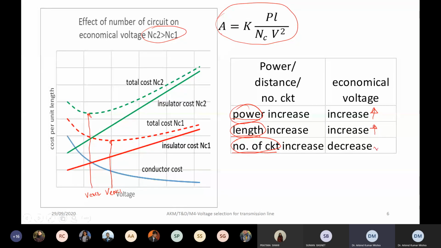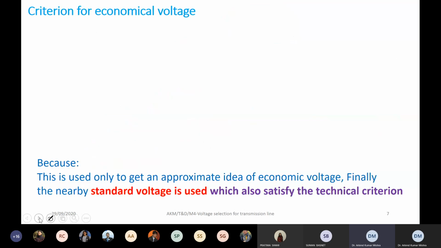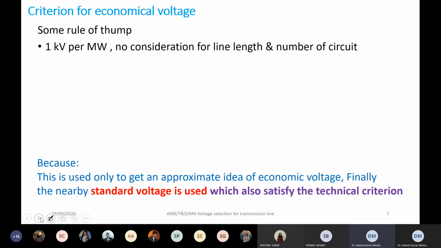I hope that we have discussed this so many times that now you don't have any confusion understanding this. Okay, so let's move to how we proceed for the economical voltage choice. So there are some rules of thumb used by the different utilities to choose the